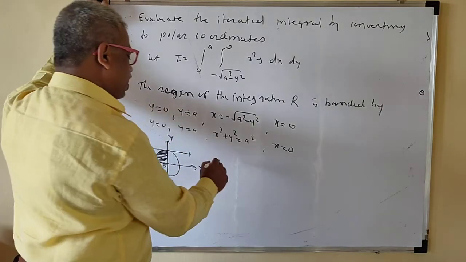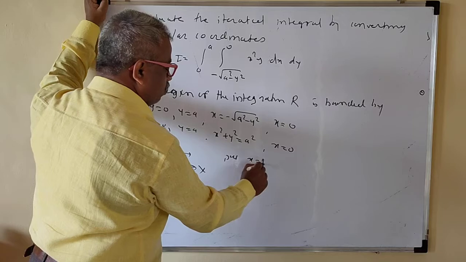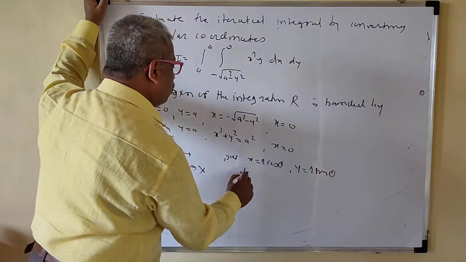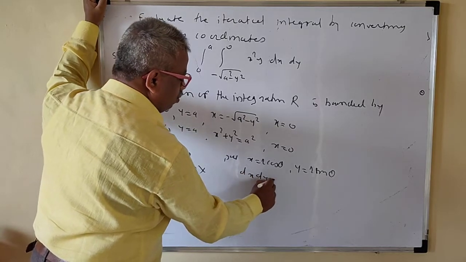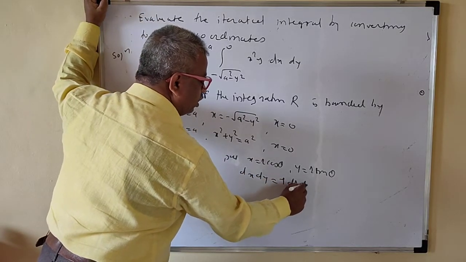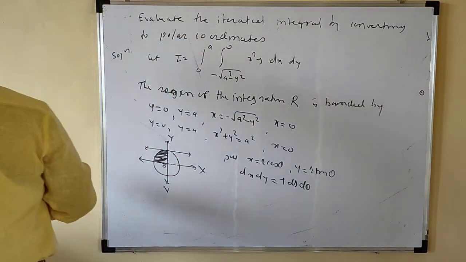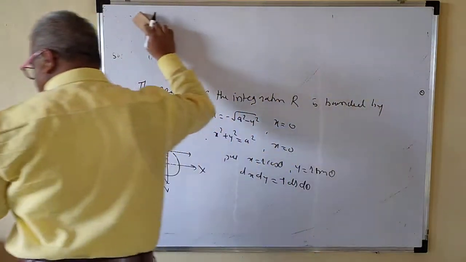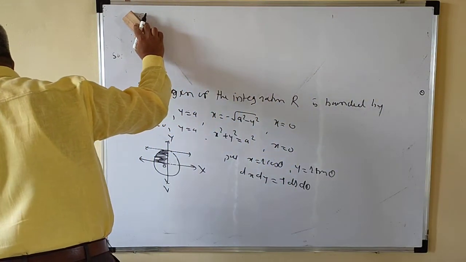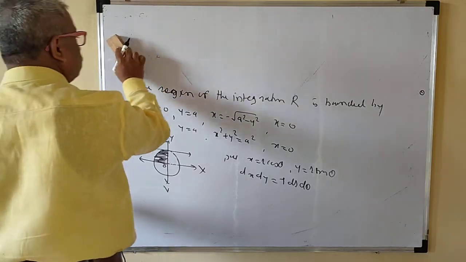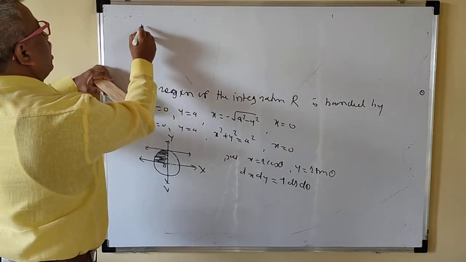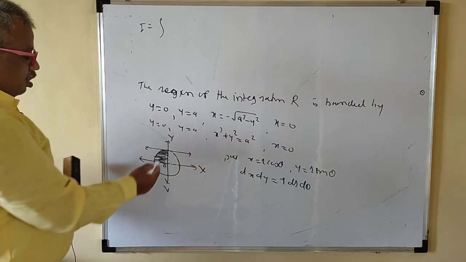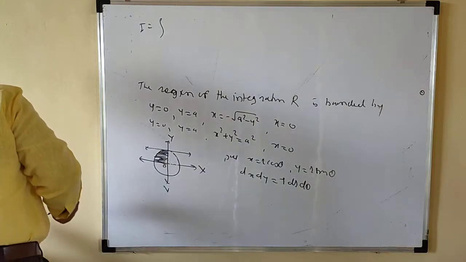Okay. Now here put x is equal to r cos theta, y is equal to r sin theta. So dx dy, here dA is not given, so this is r dr d theta. Then your limit of the integration, limit of theta and limit of r, is very important here. So I is equal to the limit. Here the limit of theta is pi by 2 to pi now.